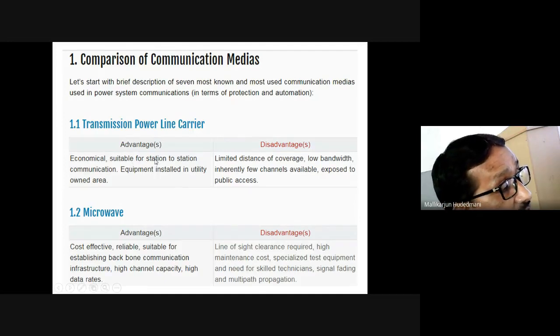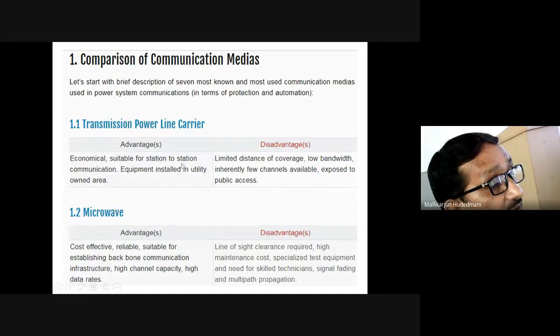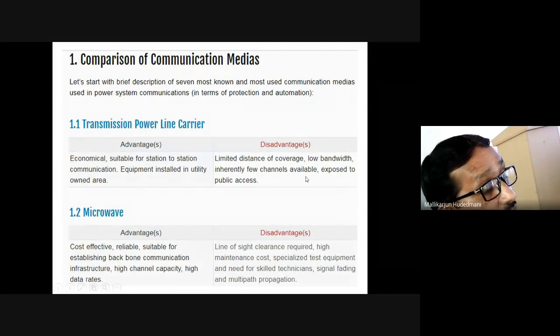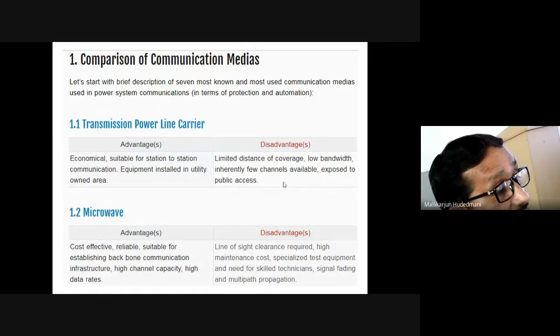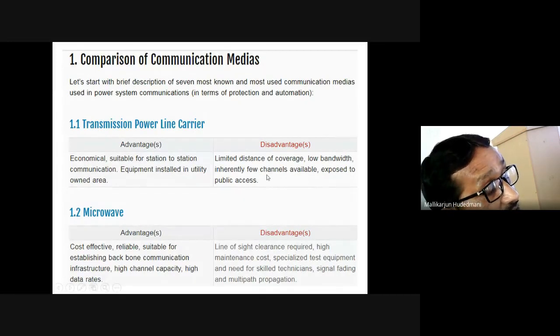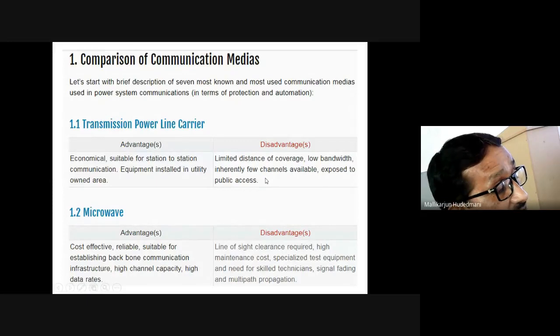Similarly, from a station to the next connected switched station, it is tuned and listening to that station, and is used to communicate information. So it is low bandwidth. Inherently, few channels are available. You cannot have a lot of frequencies in which channel 1, channel 2 people can use concurrently. It is not possible. So there is limited usage of bandwidth and a limited number of channels with which communication can be done from one end of the station to the other end of the transmission line.